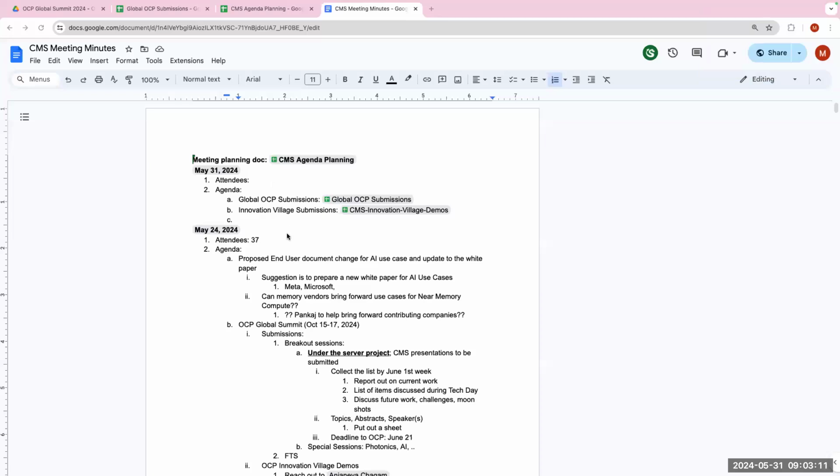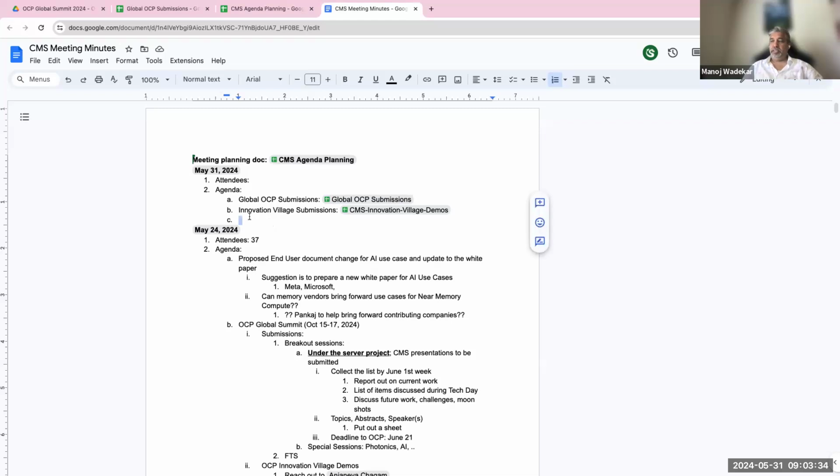Okay, cool. So we had 2 agenda items essentially for planning for a global OCP. Now that you have seen the dates are out for submissions, we just want to take time today to talk about global OCP submissions for the speakers, as well as for the Innovation Village submissions. Any other agenda that we want to add today?